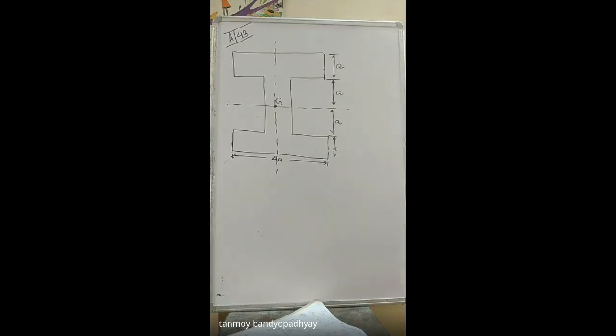Sorry, half depth of the web. So these two we call as the flanges. So we have two flanges and this one we call it as the web. So at half the depth of the web you should be having the centroid of the I section. So in this case you don't need to calculate the location of the centroid of the I section.